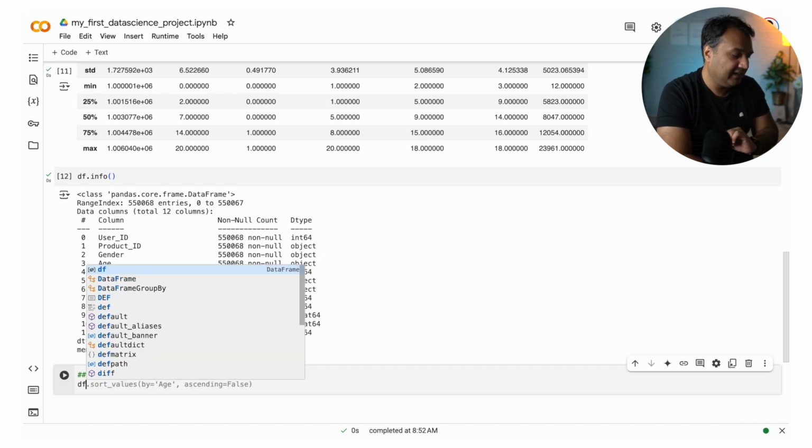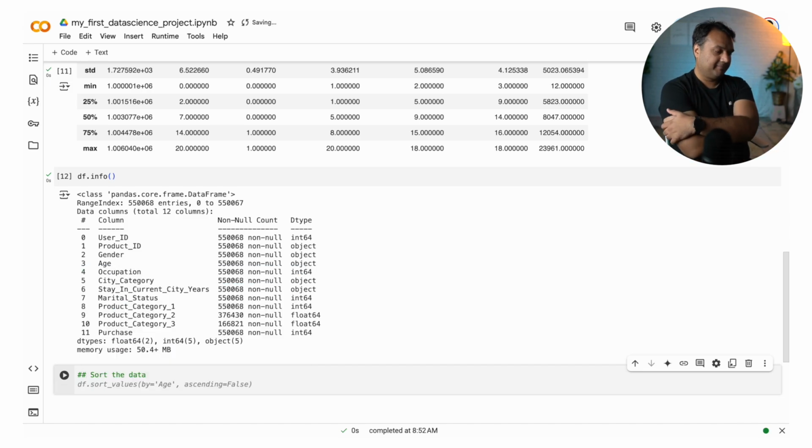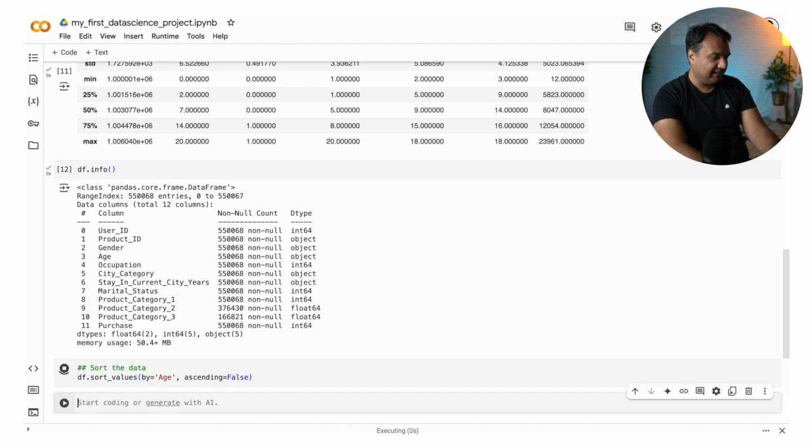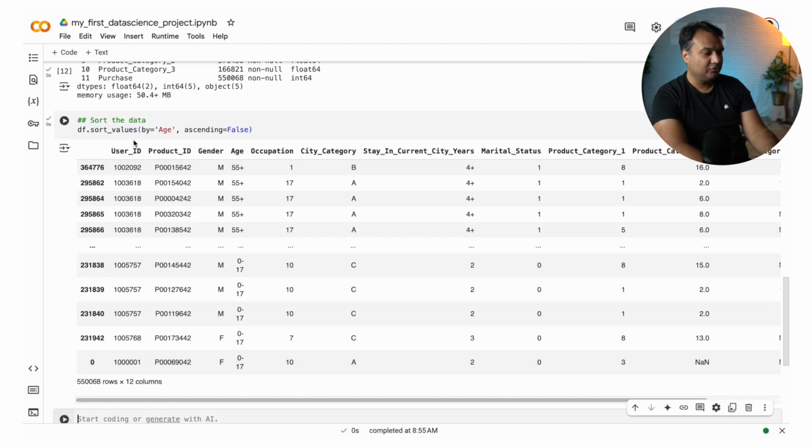For that, again, df. The beauty of it is that the moment I wrote this comment, sort the data, you can see what happens in the underlying value. It just guessed what I want to do based on my comment, and it wrote the code for that. This is pretty amazing, right? Otherwise I would have to go into the pandas documentation and find what I need to write and what the correct syntax is. But here, I press tab, which means I accept what you're saying. Let's run. And you can see it has already sorted them by age.